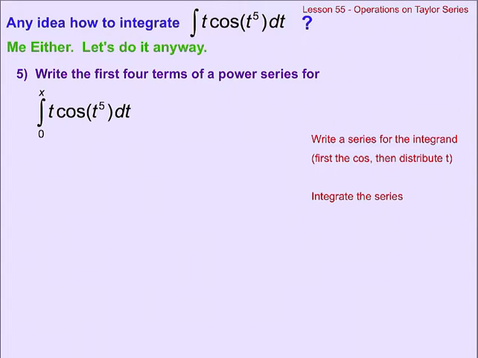So I really don't know how to do this. So we're going to do it anyway. We're going to use the power series to do it. So here's our steps. We're going to start by writing the power series of cosine of t. So we're going to try and turn the integrand into a power